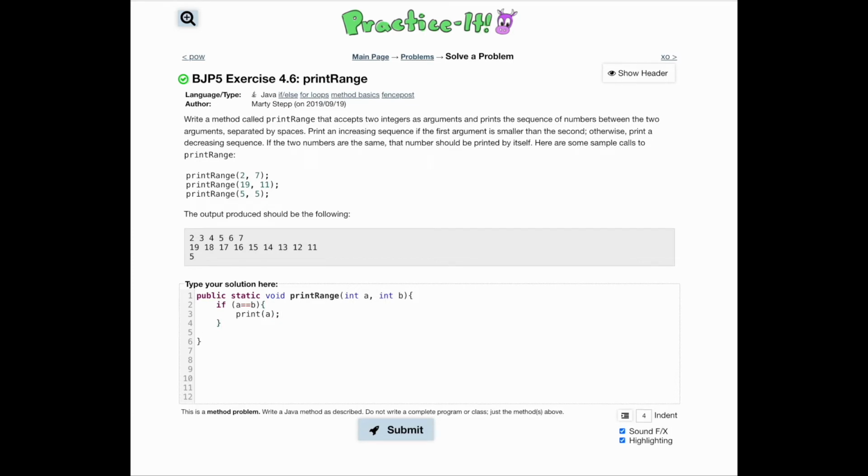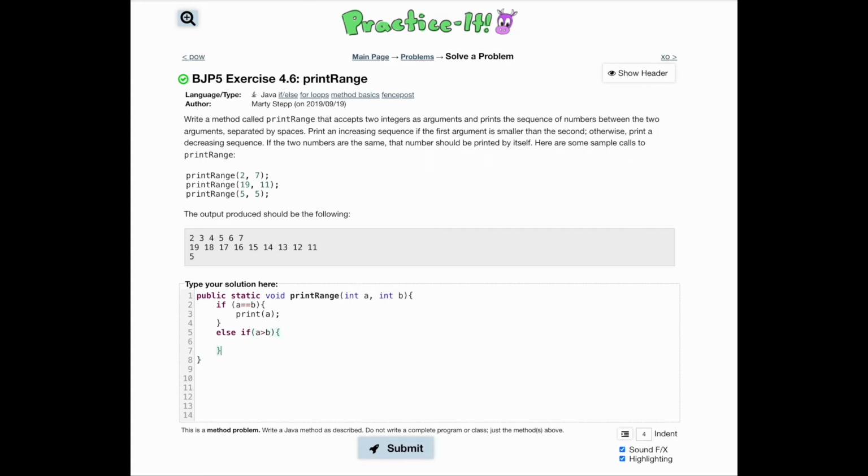And then the next case that we should consider is when the first argument is bigger than the second. So I'm just going to be using an else if statement. So let's ask, is A greater than B? If it is,